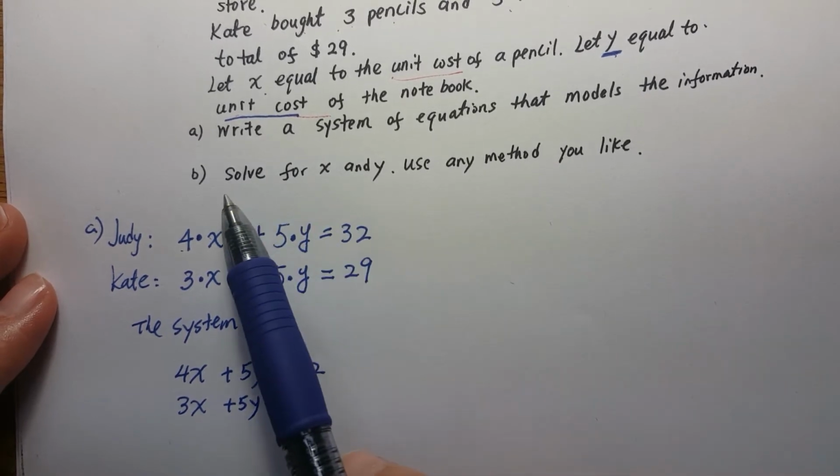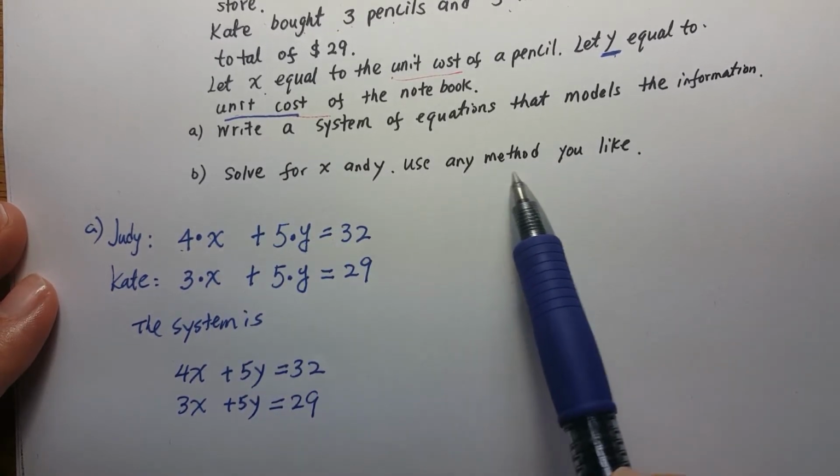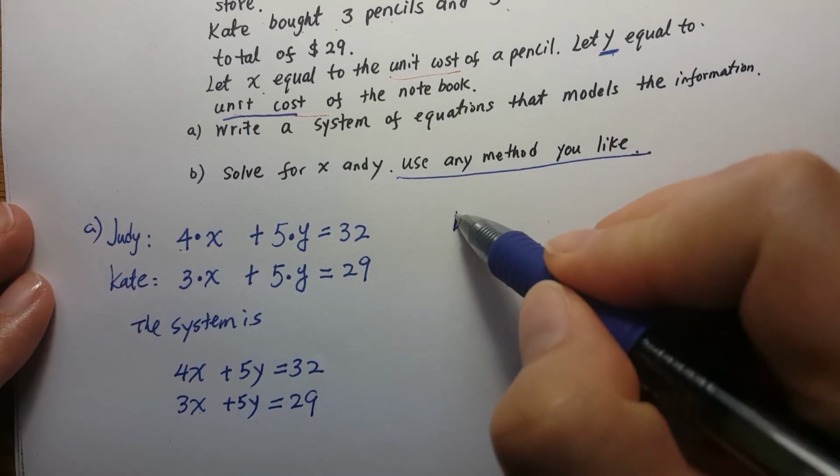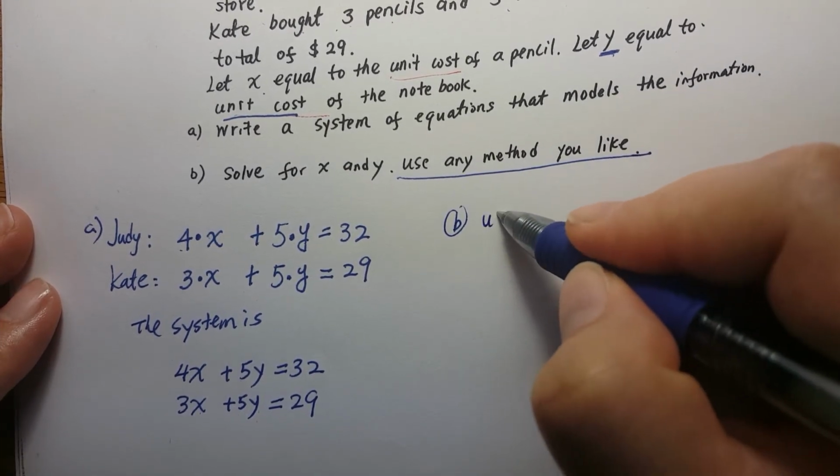Now we go to part B. Solve for x and y. Use any method you like. Any method, that means you can do substitution or elimination. So let's take a look at here. We got 4x, 3x, 5y, and 5y. In this part, we get both 5y and 5y, and they are identical. So we can use subtraction to eliminate y. So for part B, I'm going to use elimination